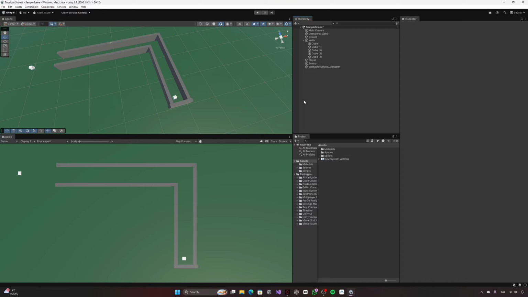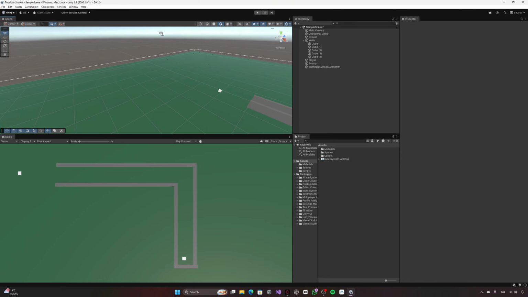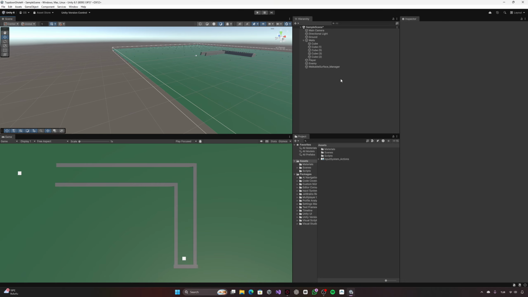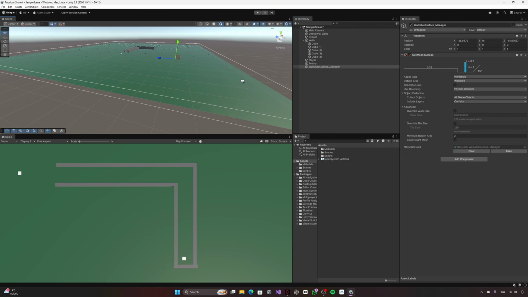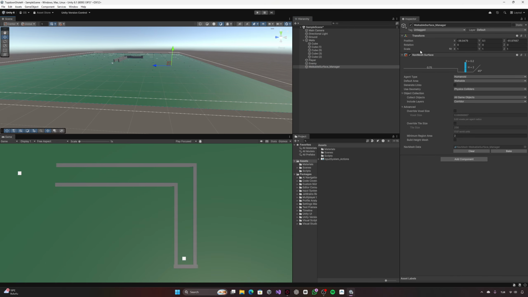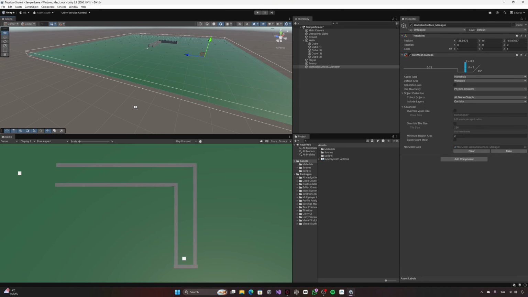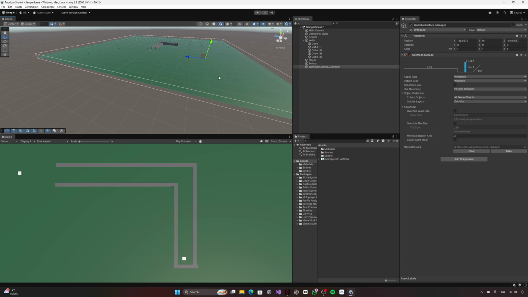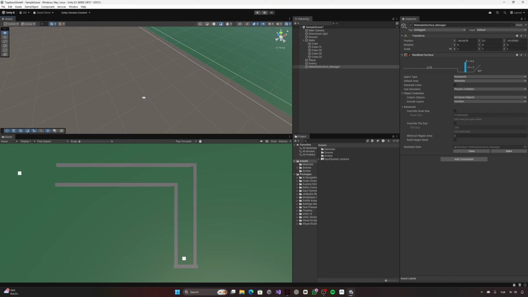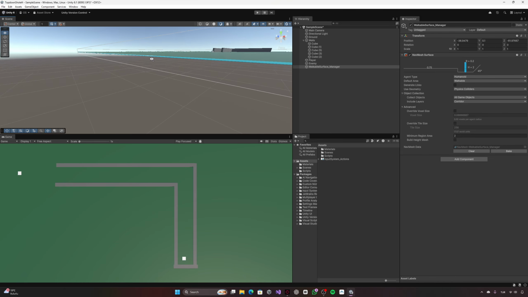Hey, in the previous video I did some stuff and now in this video I'm gonna do more stuff. In the previous video we implemented a simple pathfinding system with our NavMesh Surface right here. I still don't understand why the NavMesh Surface is not visible on our scene view. It is in position, it is above our ground object, but it is visible here, but